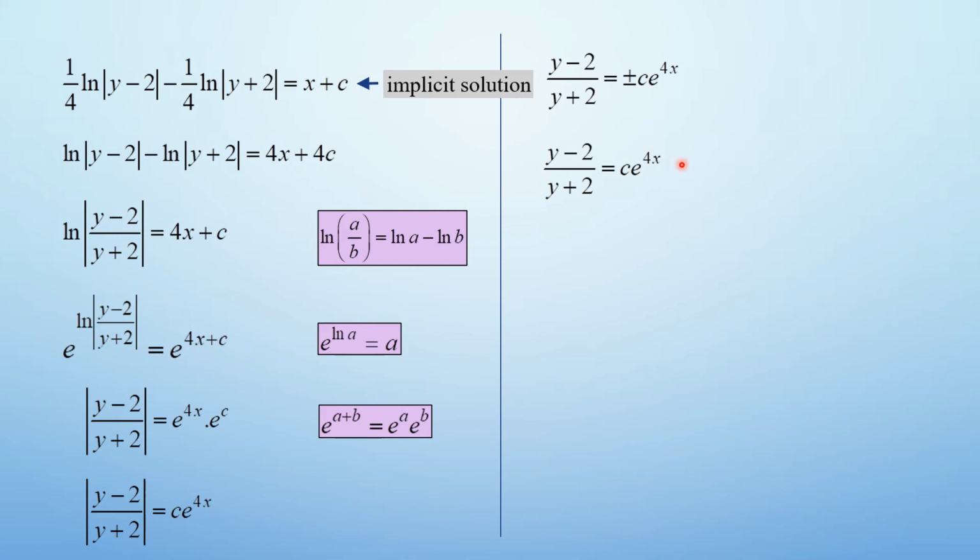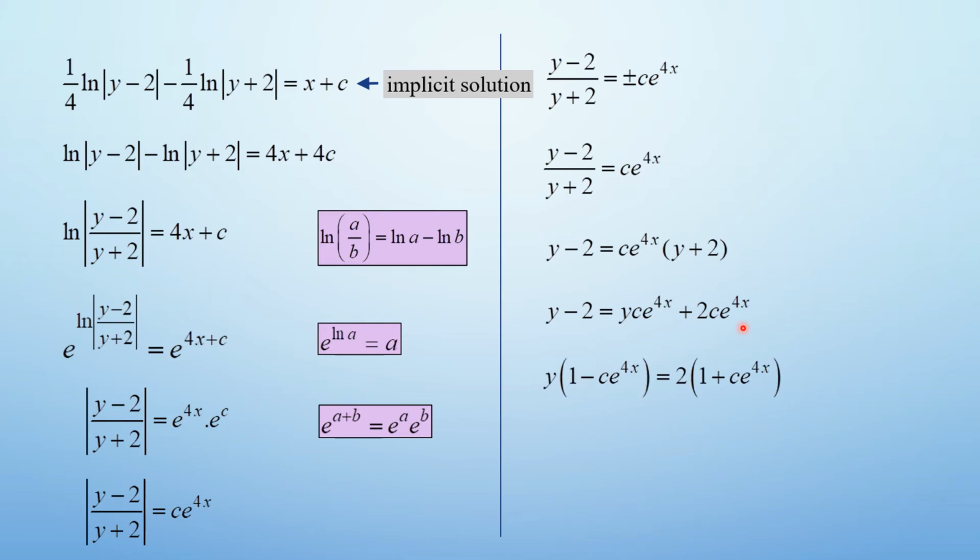Next step is to multiply the whole equation by this factor y plus 2. So we get y minus 2 is ce to the power of 4x multiplied by y plus 2. Open up the bracket on the right side: y times ce to the 4x plus 2 times ce to the power of 4x. Collect the terms with the same function y. So bring this term to the left side and factor the y. So y times 1 gives y